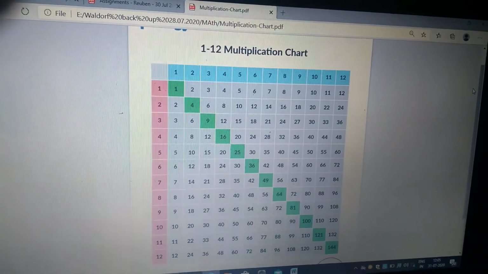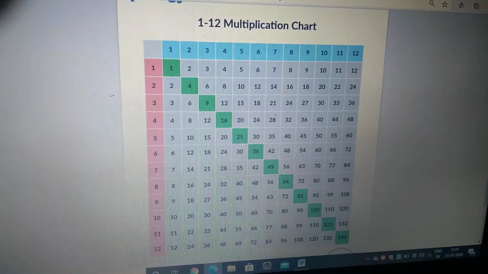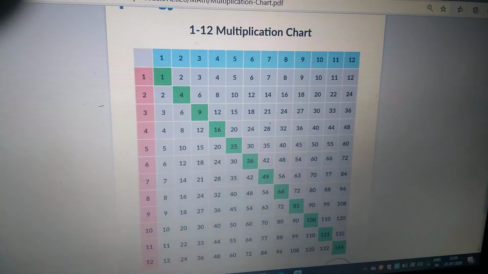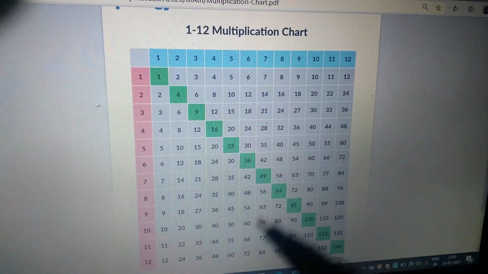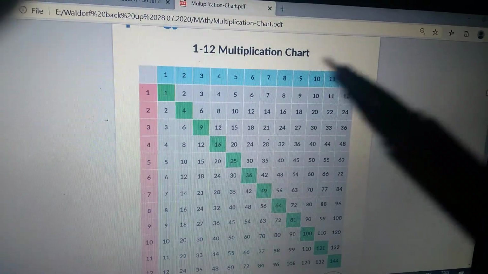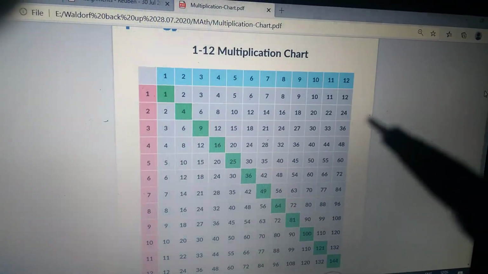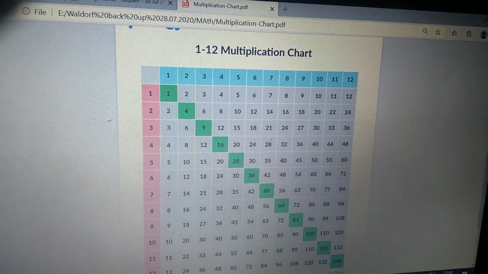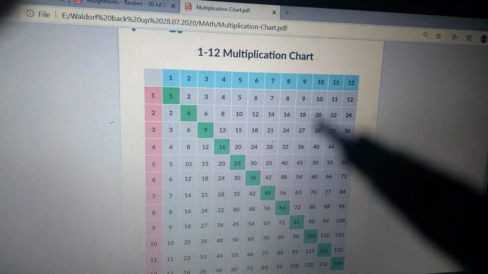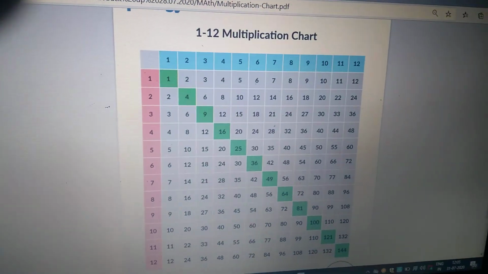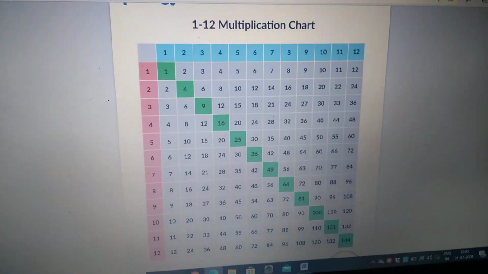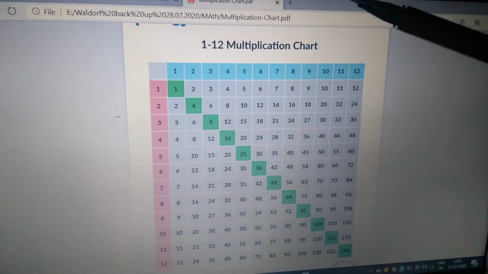Why is it that way? Try and think about it. Why is it that the same numbers are appearing, say, in this row as well as this way? Okay, now look at this. The 10 times table is here and then the 10 times table is here also. Think about it. I'll speak of some other patterns which we already discussed in class. You already know about them.